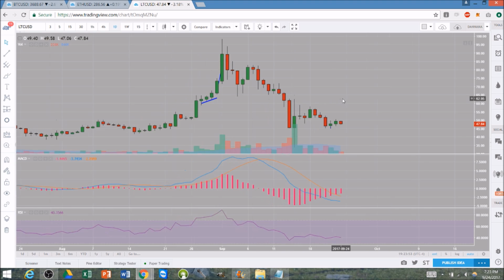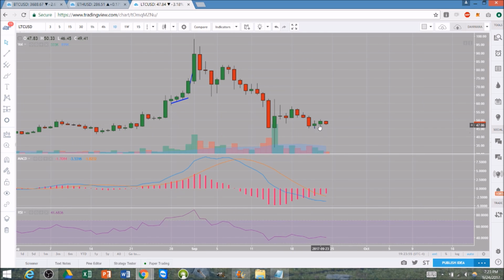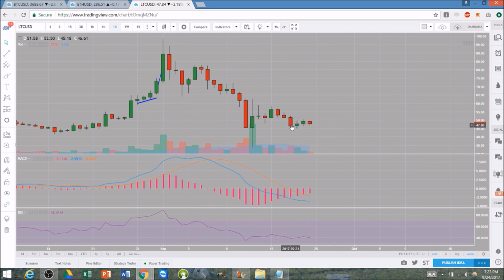Litecoin on the daily time frame is also seeing a very weak bounce. This is a bear flag on the daily time frame still in play. If we break $45 even, that will confirm the bear flag and see a pullback. You see the declining bull volume on this bounce attempt, and we topped out here at 50.33 from that low of 45 even. So that was a solid bounce. That's a 10% bounce in just 2 days, but obviously we're not seeing much follow through,